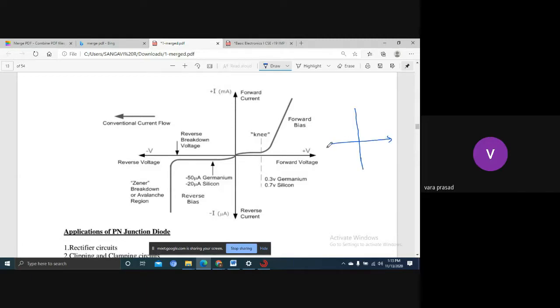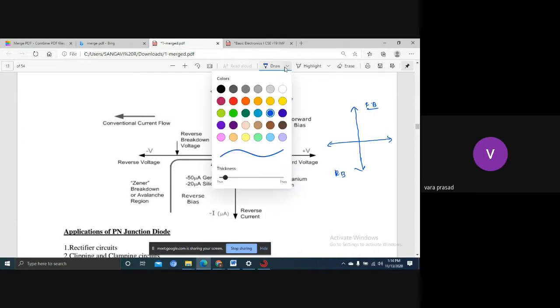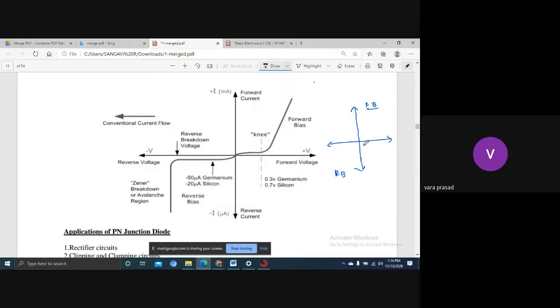Okay, now forward bias characteristics, where will they come? I said forward bias means forward positive voltage, positive current. Then these forward characteristics will come in the first quadrant. Reverse bias characteristics will come in the second quadrant. Then if I draw the graph, how we can get, I can draw like this also. Okay, and reverse bias characteristics,